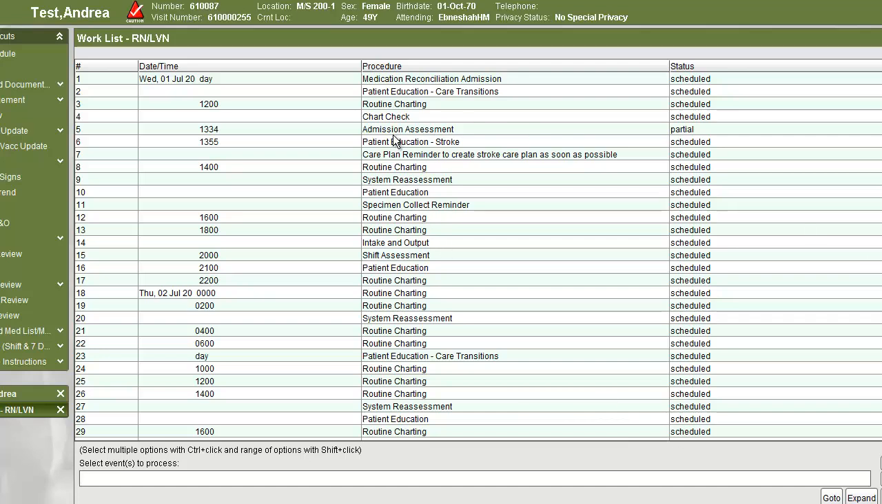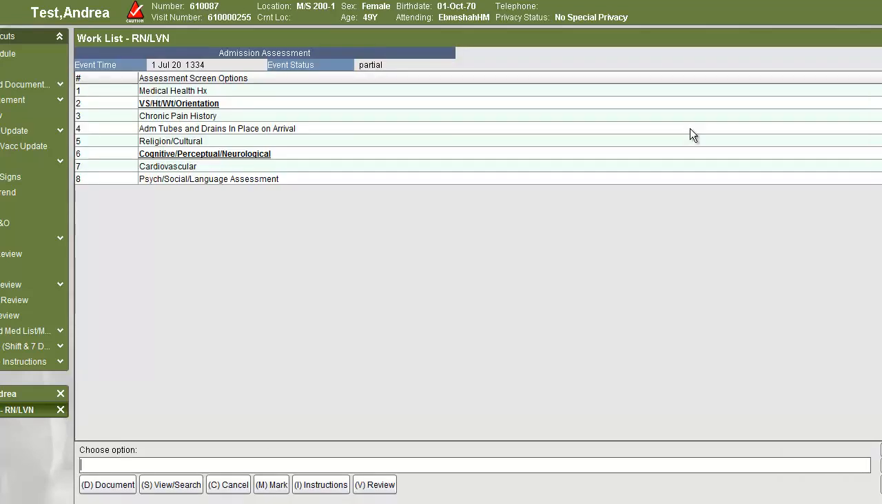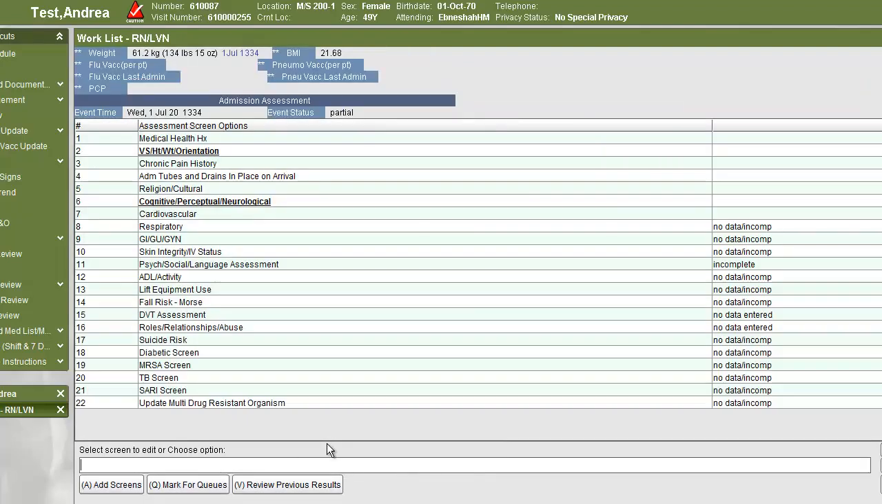You can now go back to your admission assessment to finish it. You'll notice that it does say partial instead of scheduled. You can double click it to open it. It will display what you've already started documenting on. Click on Document, and you can then pick up where you left off by clicking on the item that says No Data. So I'm going into my respiratory assessment,